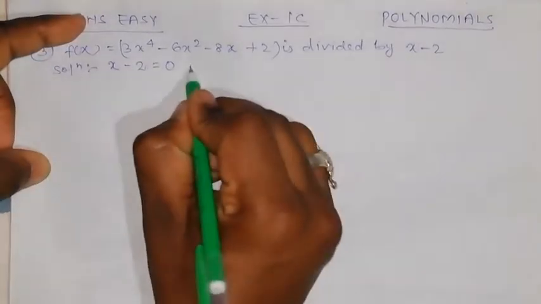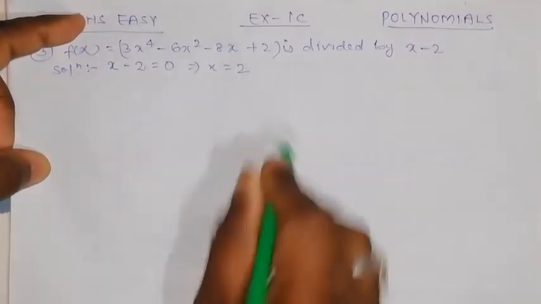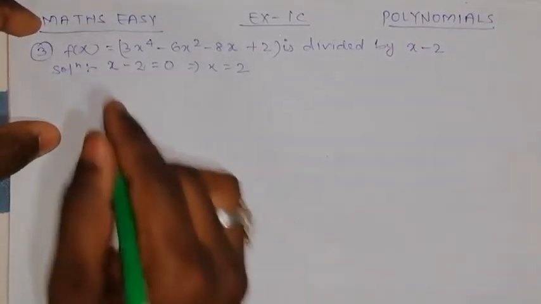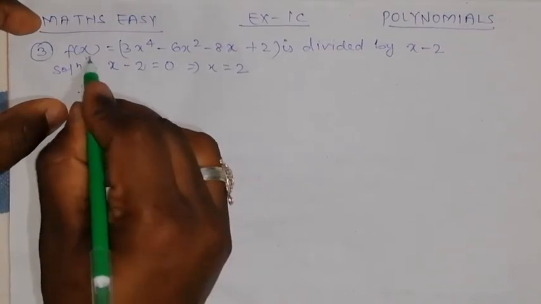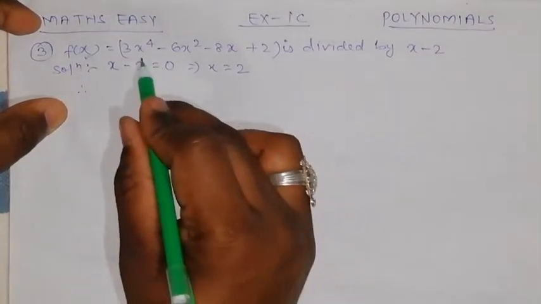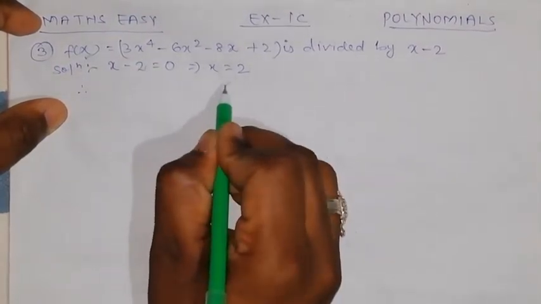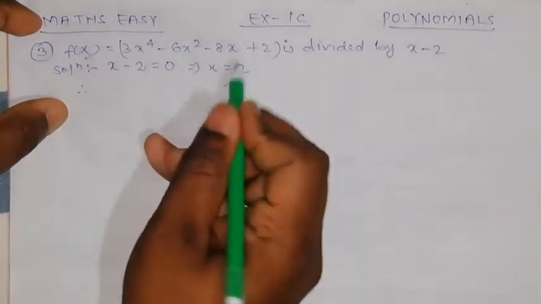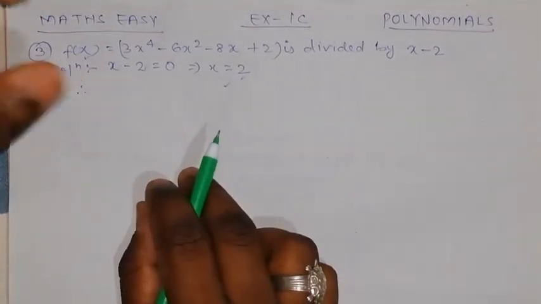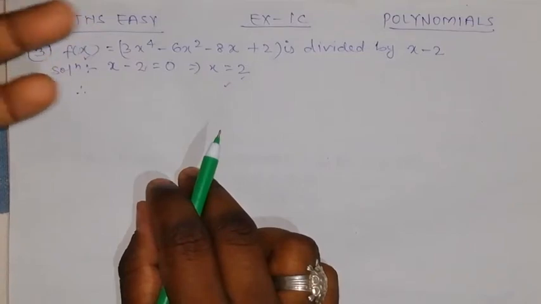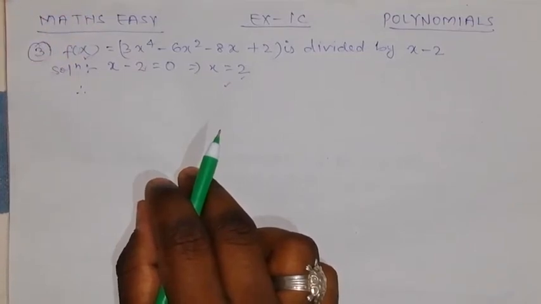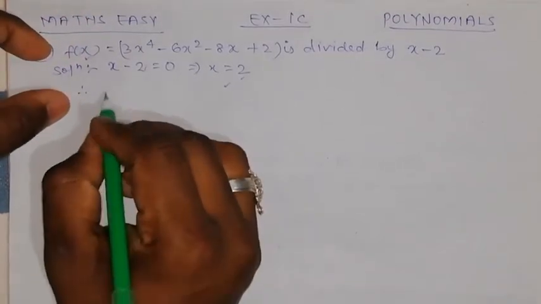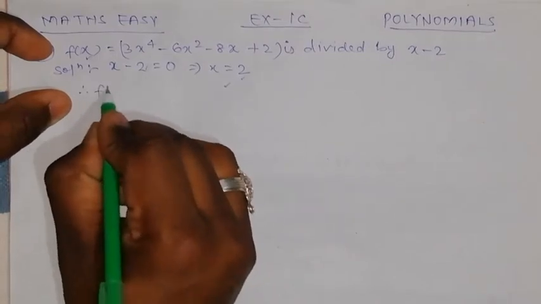Solution, that is x is equal to 2. Therefore, in the place of x we have to put the 2. जहाँ x है वहाँ पे हम लोग को 2 करना है, पुट करना है। पुट करने के बाद प्लस माइनस करने के बाद आपको जो आंसर आएगा वही हमारा रिक्वायर्ड रिमाइंडर होगा।